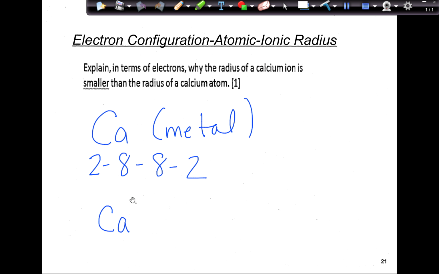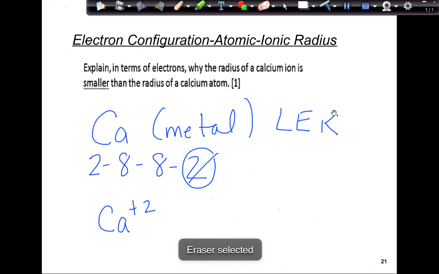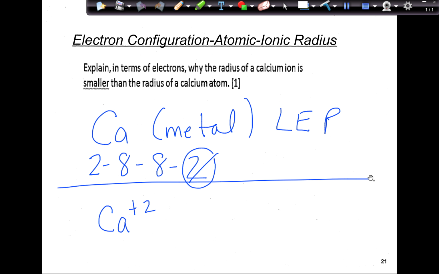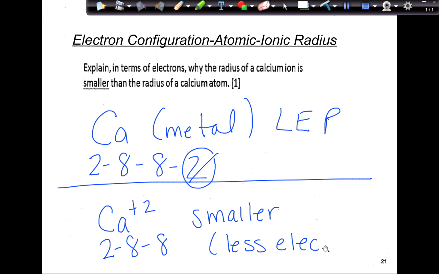When calcium becomes a calcium ion, it loses these two electrons because metals lose electrons. Losing electrons is positive. So as it loses these two electrons, it becomes calcium plus 2. It only has now 3 shells, and its new electron configuration is 2, 8, 8. So the calcium ion is smaller than the calcium atom